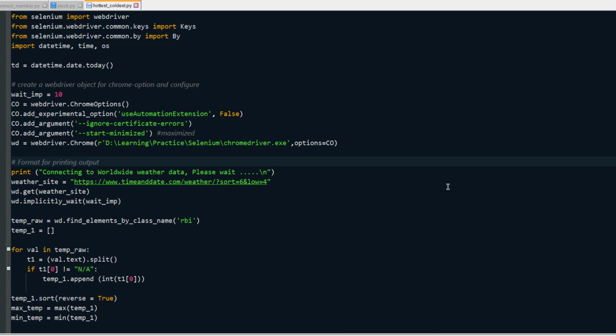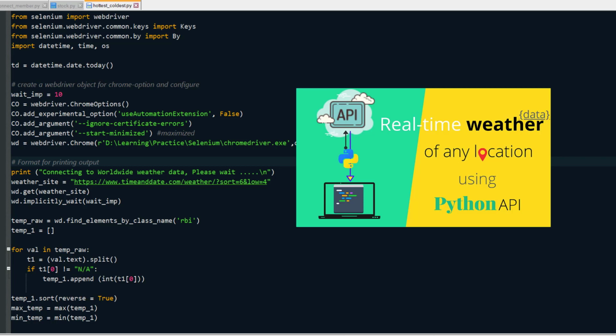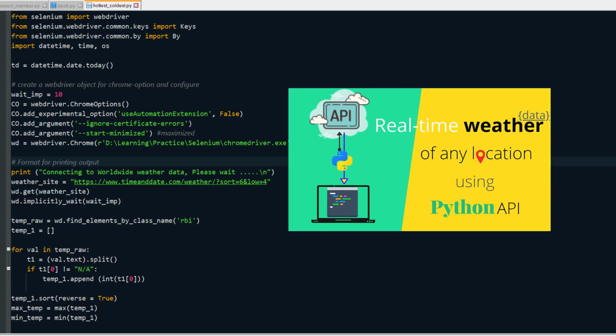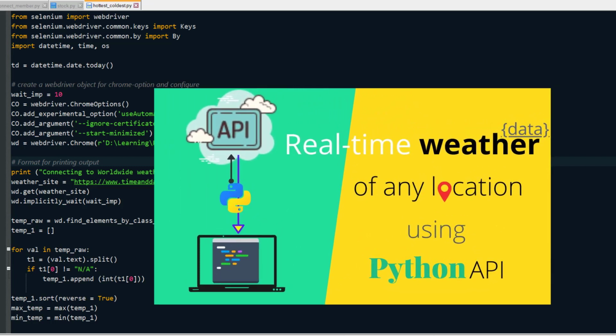But parallelly I'm also working with an API to get the data of any location. For example, if you type any place name, you will get the weather report of that place. That video will come up very soon, where you just type the name of a place and the weather report will come.